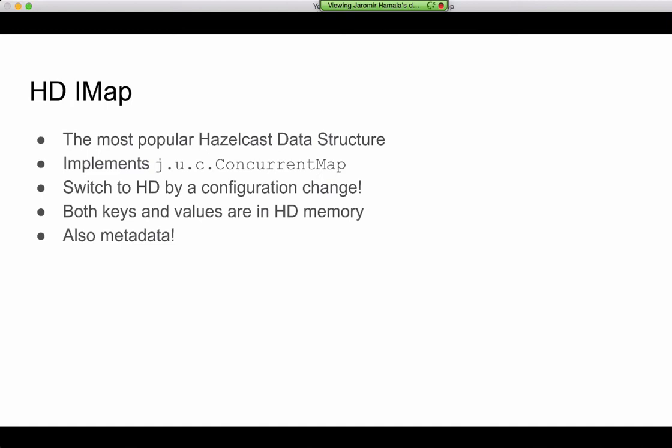So the absolutely most popular Hazelcast data structure is IMap, it is our bread and butter really. If you are not familiar with IMap, it basically is a distributed implementation of the concurrent map from the Java concurrency package. It literally implements the interface. And if you are using the regular concurrent map, then you can switch to a distributed implementation and still keep the same API. And once you have Hazelcast, then you can switch again to the implementation backed by the HD storage just by a configuration,